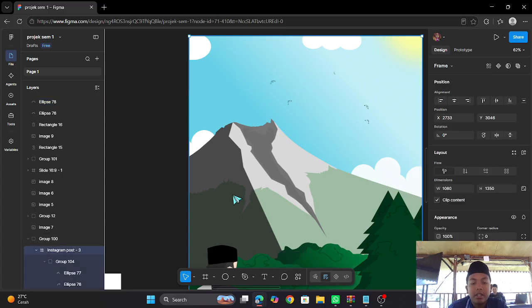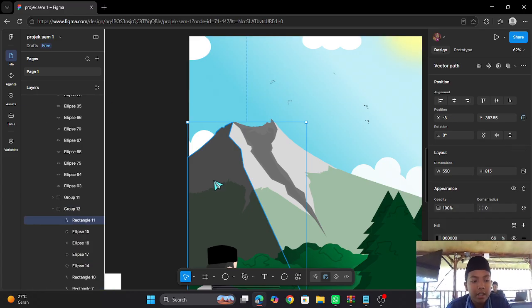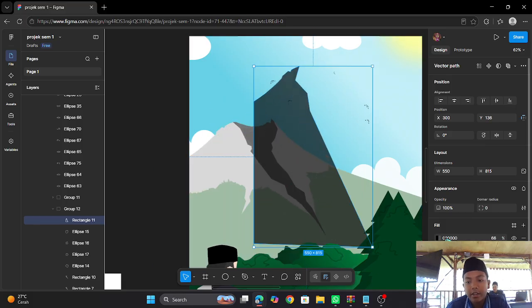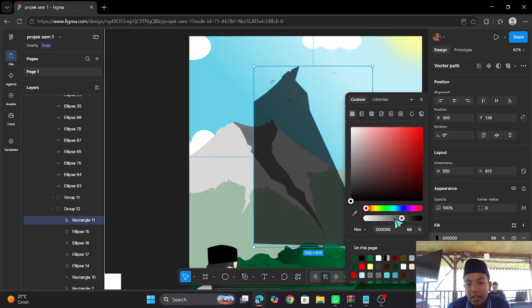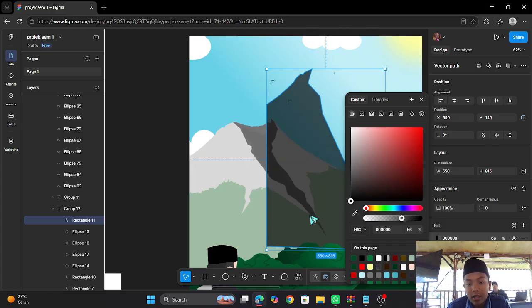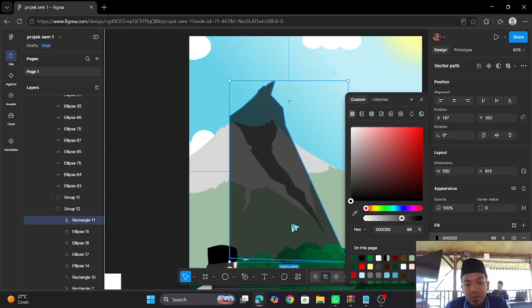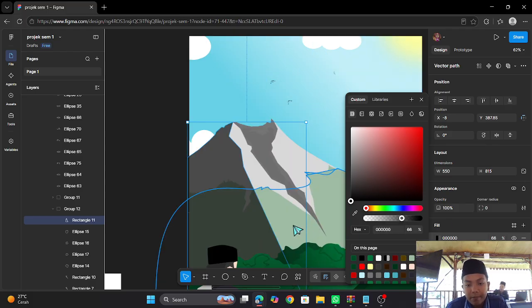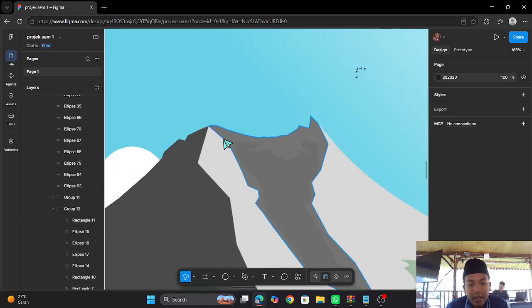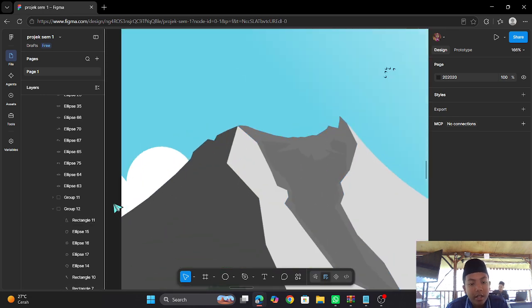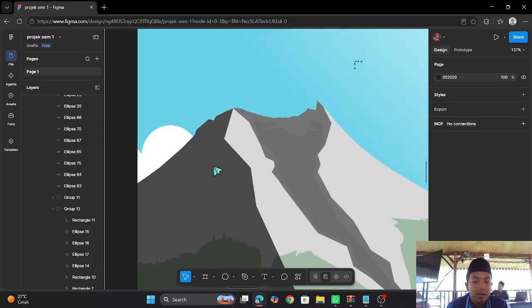So I make this shadow illusion by only making a rectangle, and then set it darker, and set this opacity and this visibility lower, and then you can adjust it so the mountain fits perfectly with the shadow.